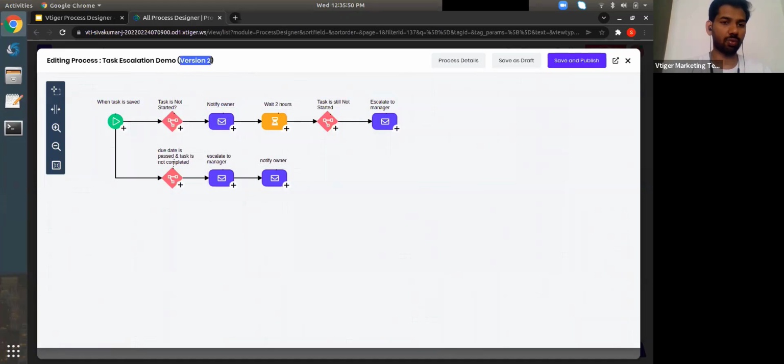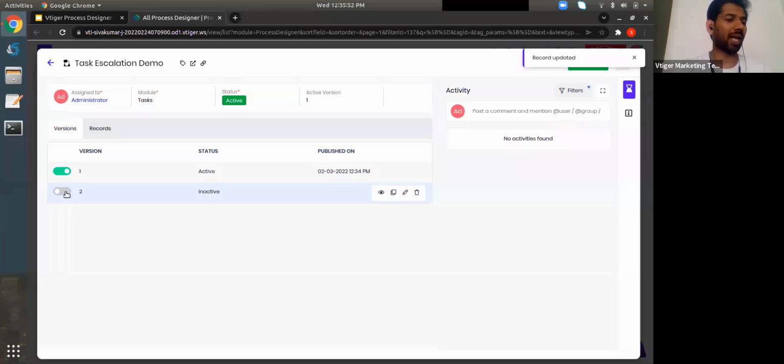Now this is version 2. You can save as draft. As long as you don't activate it, this version will be inactive and it will not execute. Once you activate this,